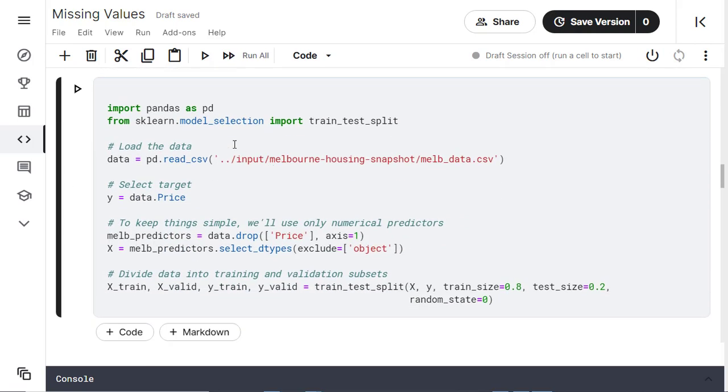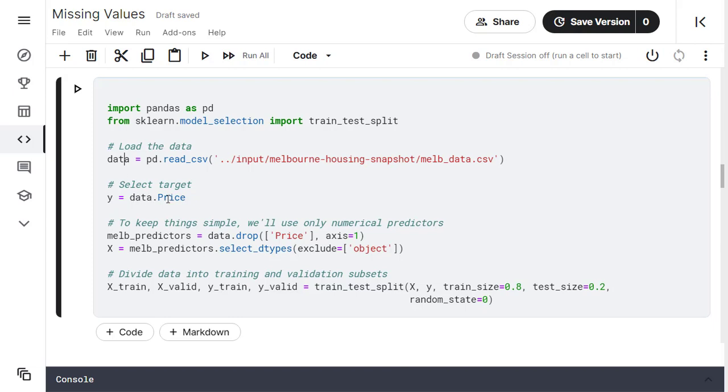So in the cell we are importing the pandas library and giving it an alias pd. From the scikit-learn model selection module we are importing the function train_test_split. Using the pandas read_csv function, we are reading the melbourne data.csv file and creating a data frame, data. Now we are segregating the column which is to be predicted.